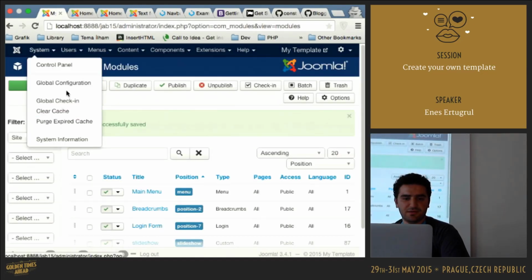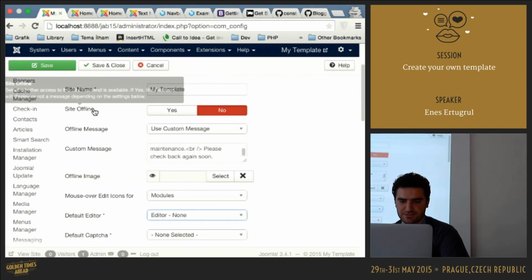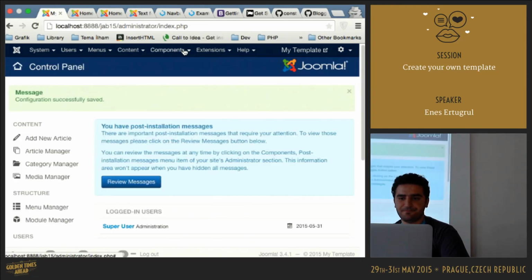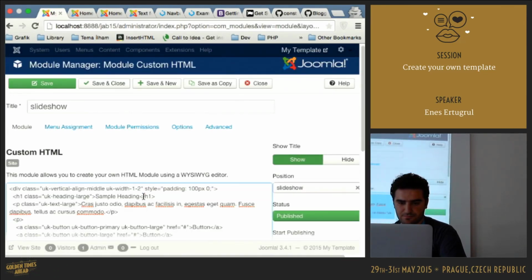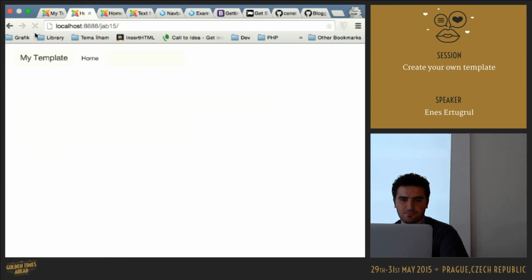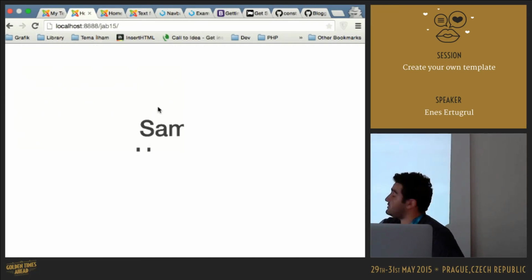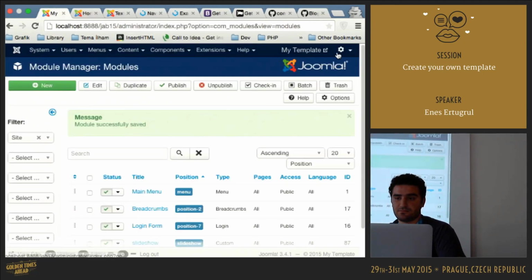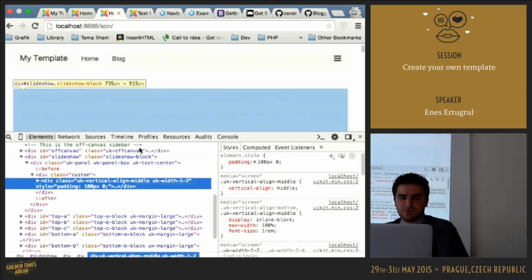I think the editor removes some HTML codes. So let's go to editor none. Oh yeah, it doesn't show the complete area. Yeah, we have the module. Also, let's add